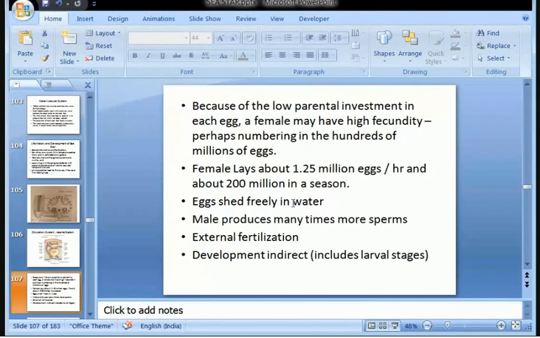These eggs are shed freely in water. Likewise, sperms are shed freely in water. There is external fertilization, and usually there is indirect development that includes the larval stages. So